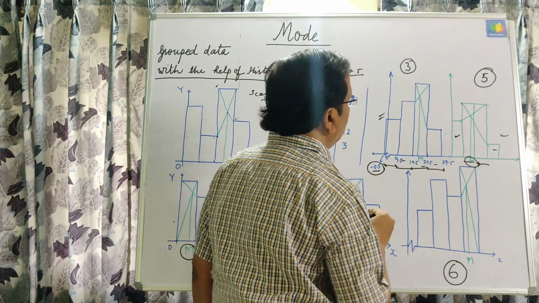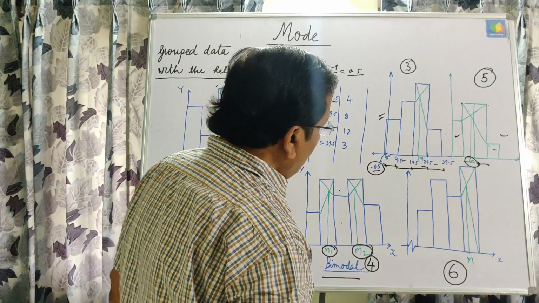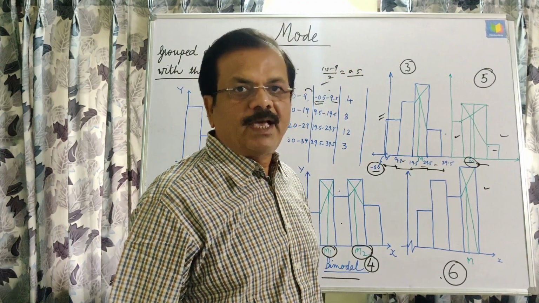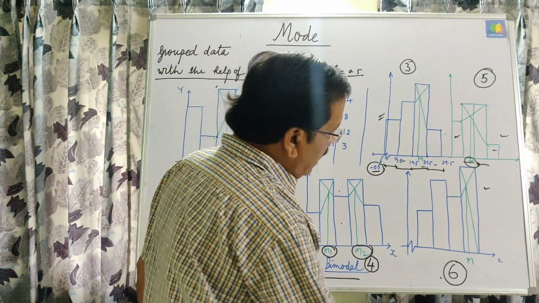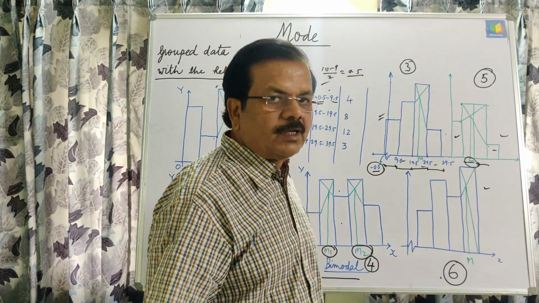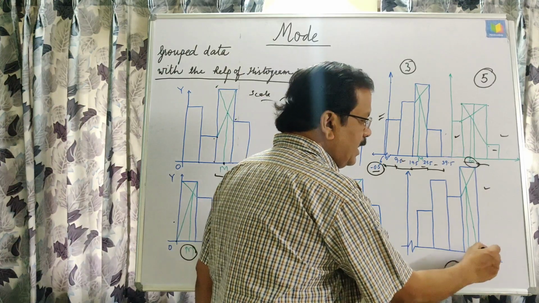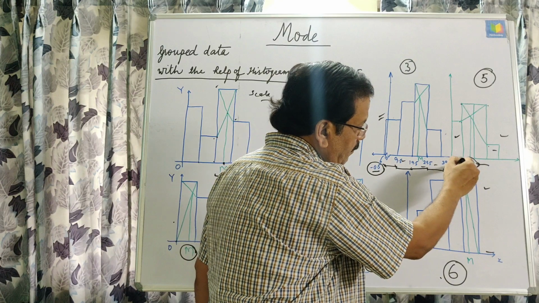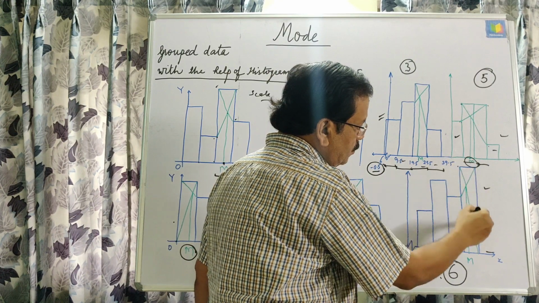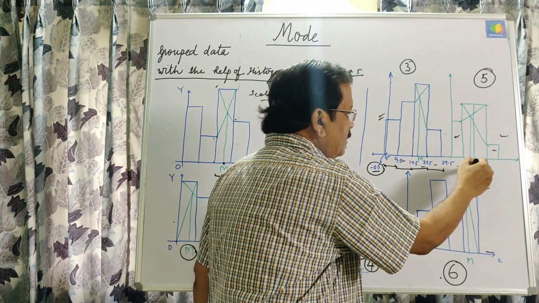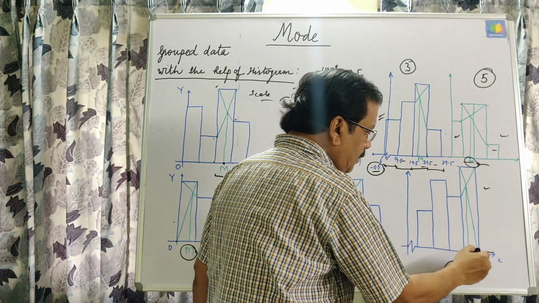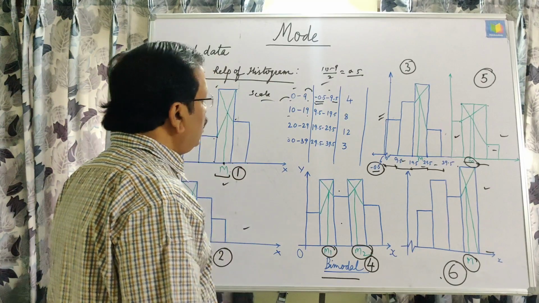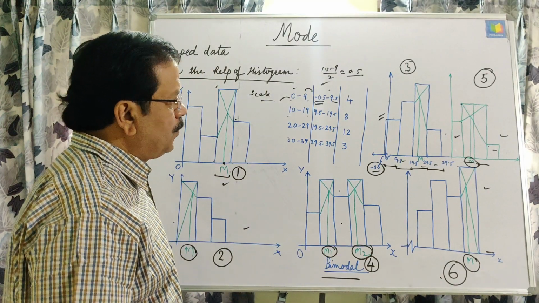Okay, now in the same way, in figure 6 you can see the last block is of maximum length, and after this there is no block, so that will be taken as zero frequency, and that is why, how can we find the mode? We'll join this to this and this to this, and then draw a perpendicular. This will be the mode. These are all possible types of histogram.